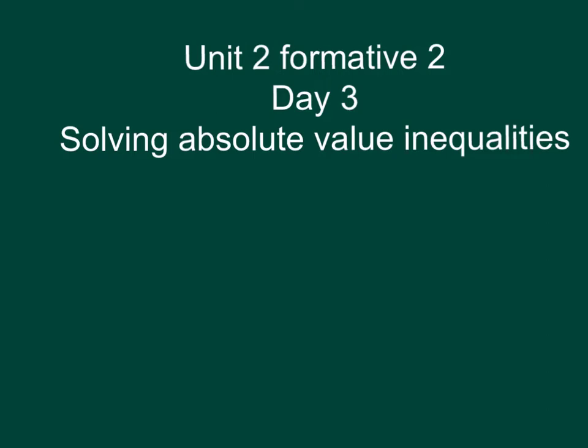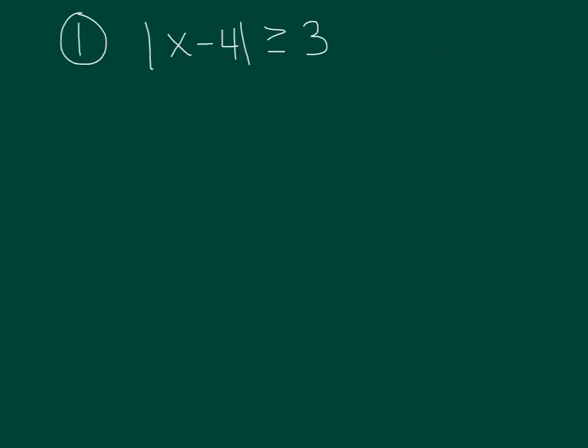Hey everybody, this is Unit 2, Formative 2, Day 3, and we are going to be solving absolute value inequalities. You're going to notice that these are very similar to when we solved absolute value equations. First thing you want to look for is to make sure the absolute value is isolated, so it's by itself. In this case it is, the absolute value of x minus 4 is by itself on one side